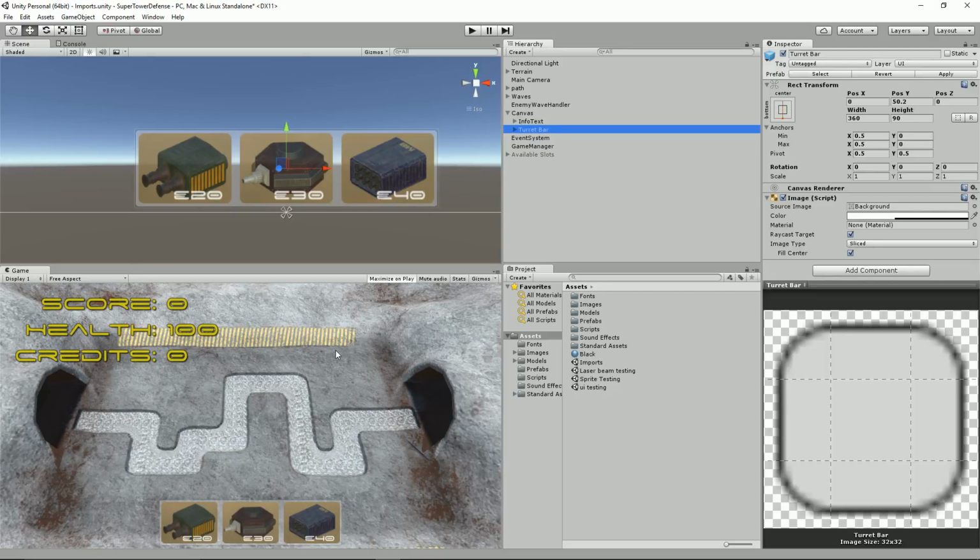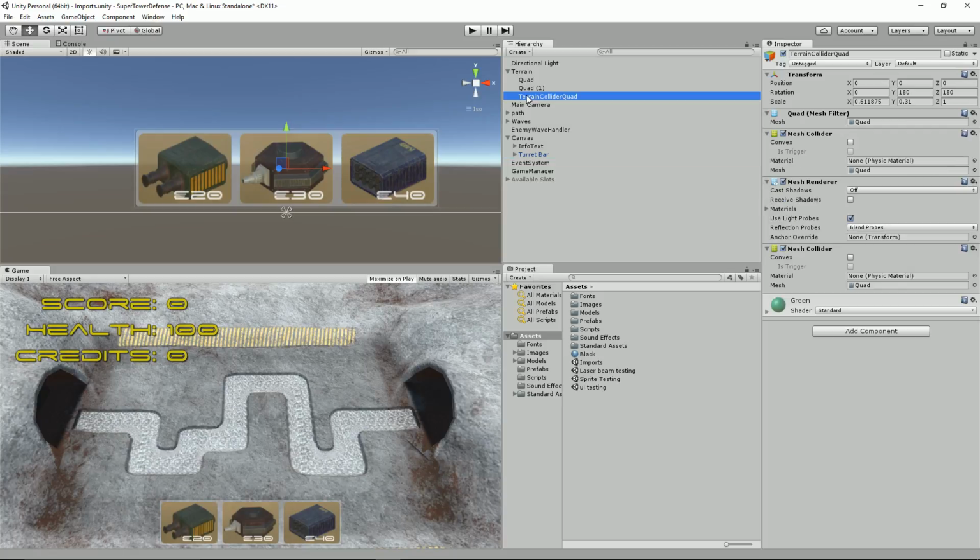Great, so now all we need to be able to do is have a way to click on that and drag and start positioning these onto the play area here. Now, the concern I had was, well, how on earth do I do this? I can probably easily work out what the drag and drop click buttons are, but how am I going to know whereabouts it is? So what I did, and I couldn't believe this worked out of the box, was create a terrain collider quad, just a quad, and I turned off the